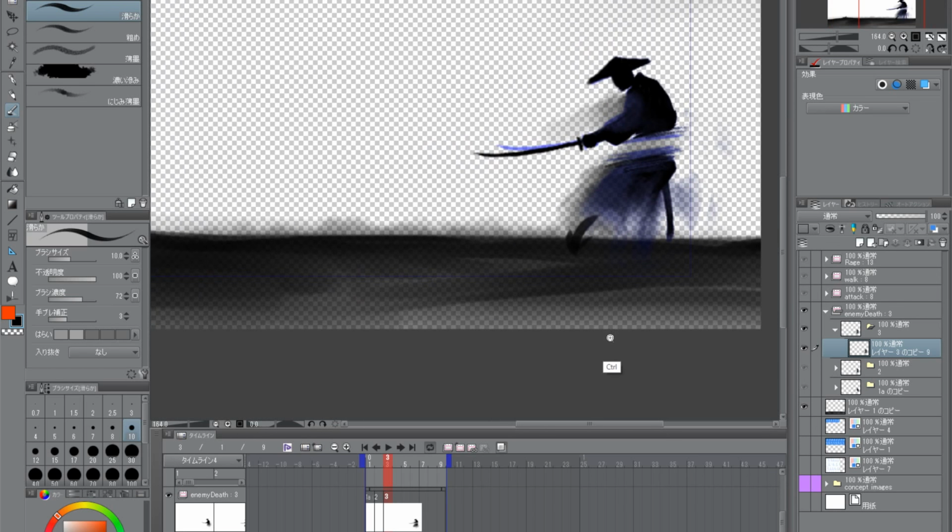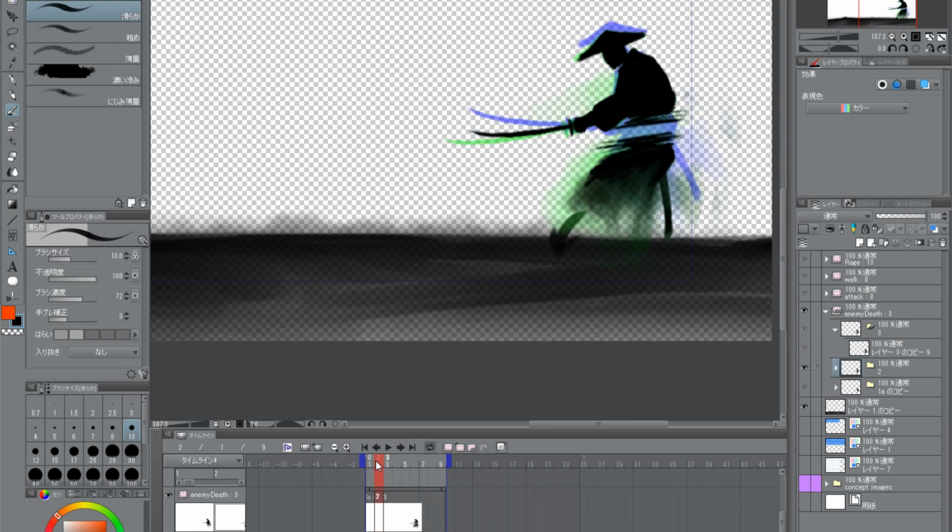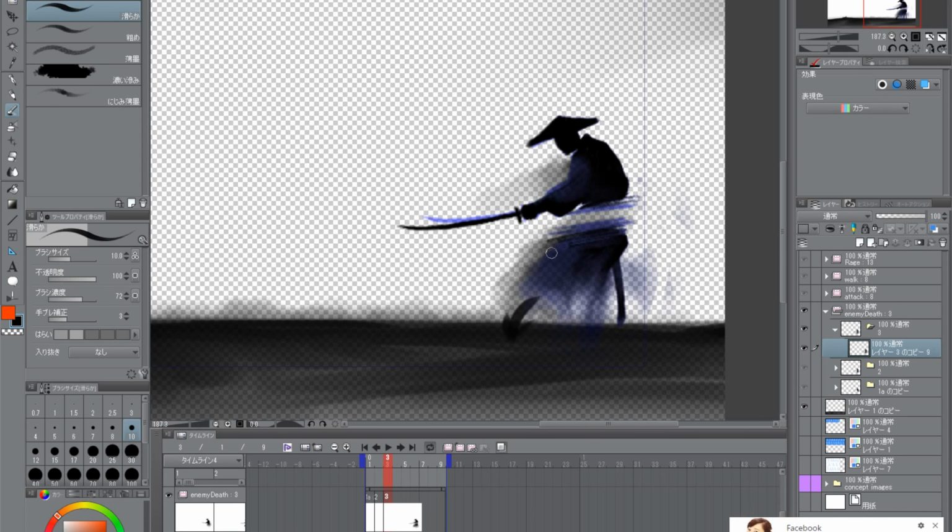All right, what am I doing with this? It looks like he's okay. So the shadow is starting to break apart. I think I'm gonna make the